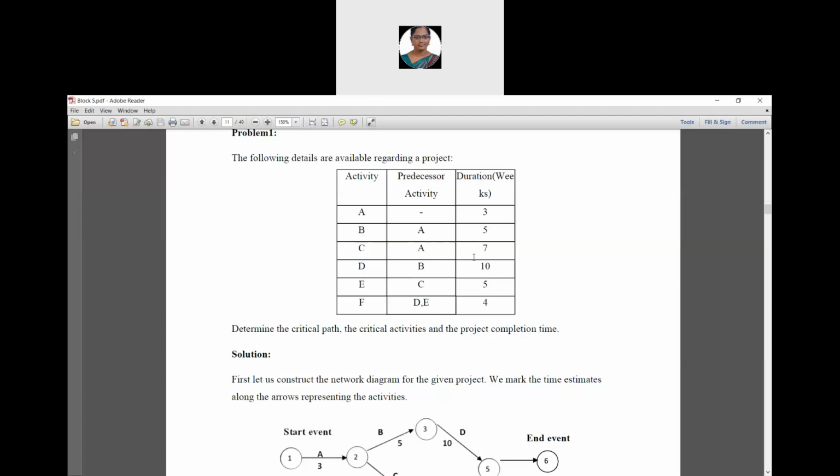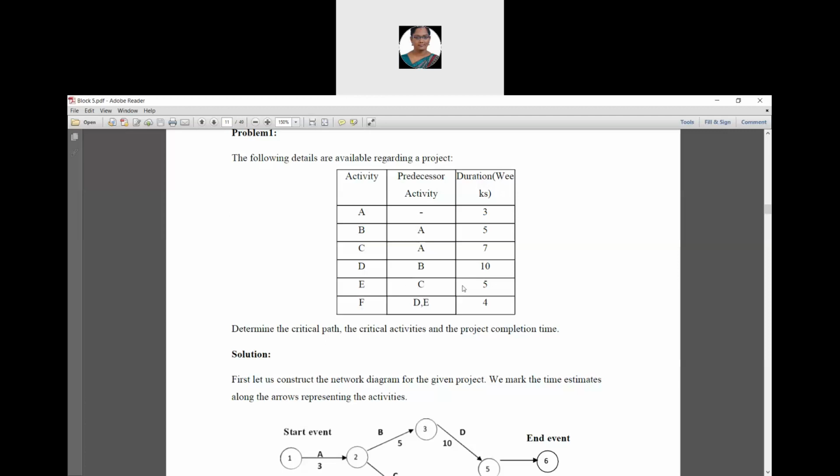Its time duration is 7 weeks. And what's there in the next place? It is activity D. Its predecessor activity is B. Its time duration value is 10 weeks. Okay, then E is the next activity and E has the predecessor activity C and its time duration